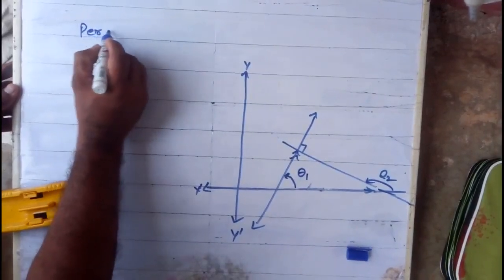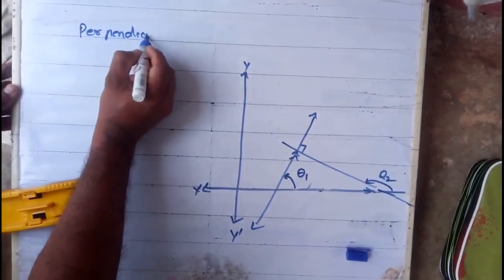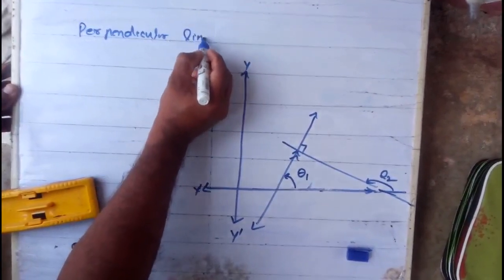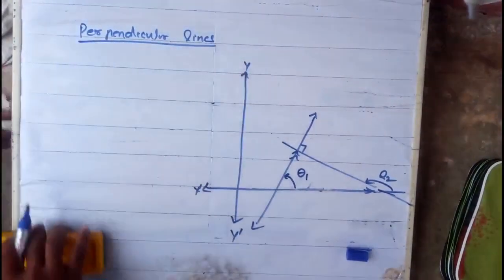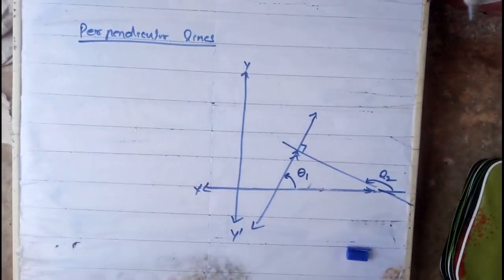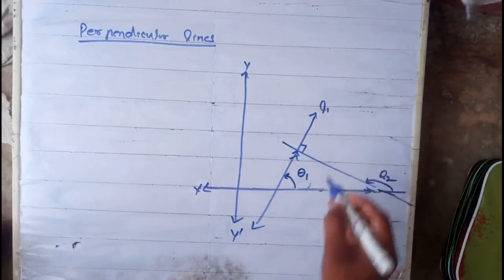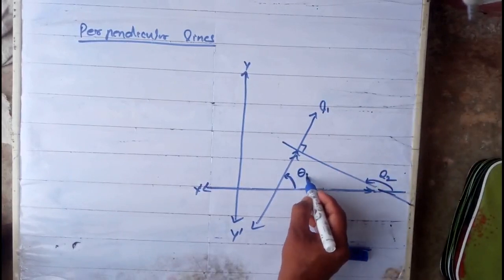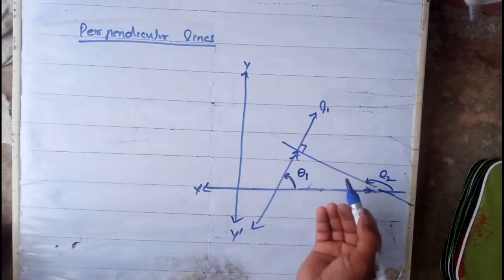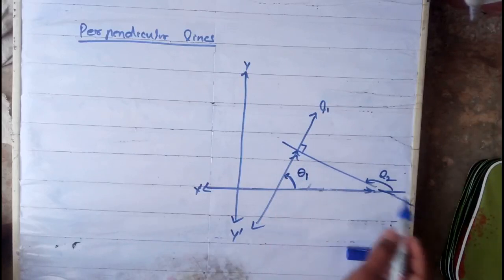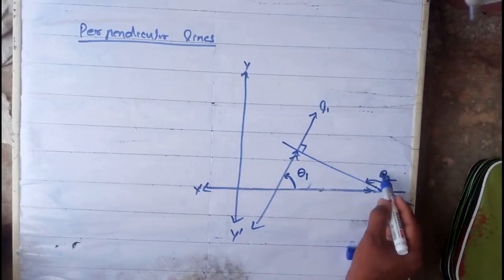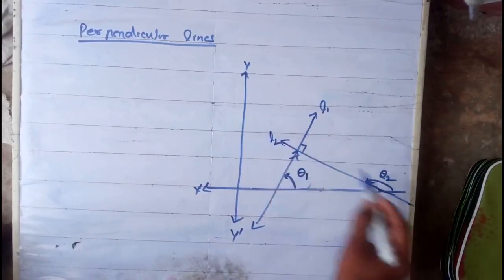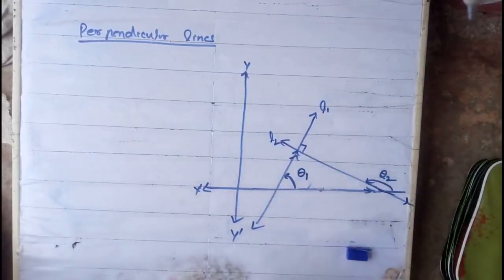Now perpendicular lines. When two lines are perpendicular, how they are related, we will discuss now. Here is L1, a line making an inclination theta 1 with the x-axis. That means its inclination is theta 1. Similarly, there is another line, L2, that is also making an inclination with x, that is theta 2. And these two lines are